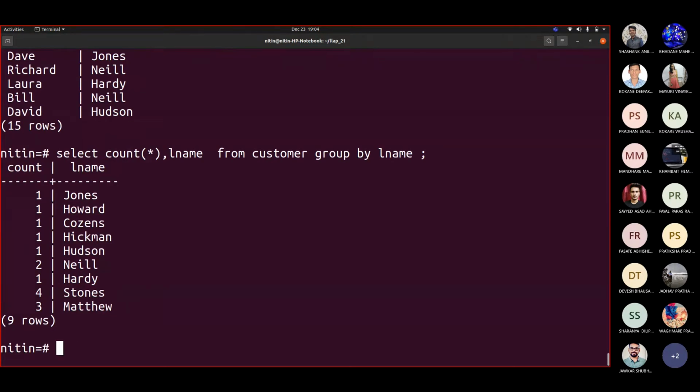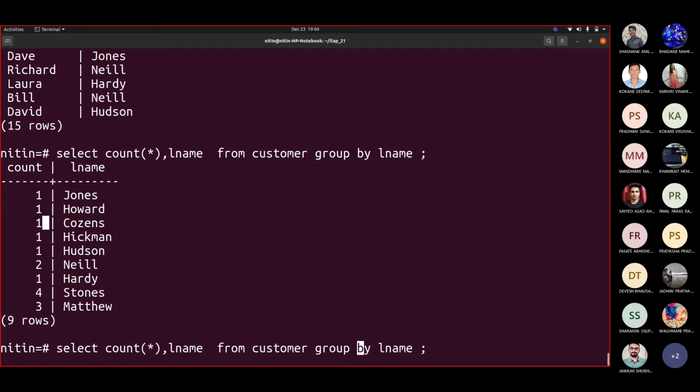You see that if I group by last name, these are the data available there. There are 3 Matthews, 4 Stones. If you count this, 4 plus 3, 7, 8, 9, 10, 11, 12, 13, 14, 15. So yes, 15 records are there.